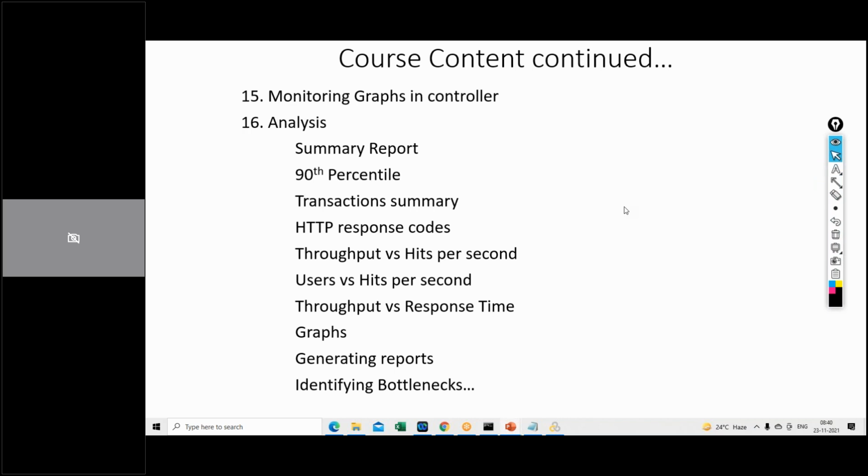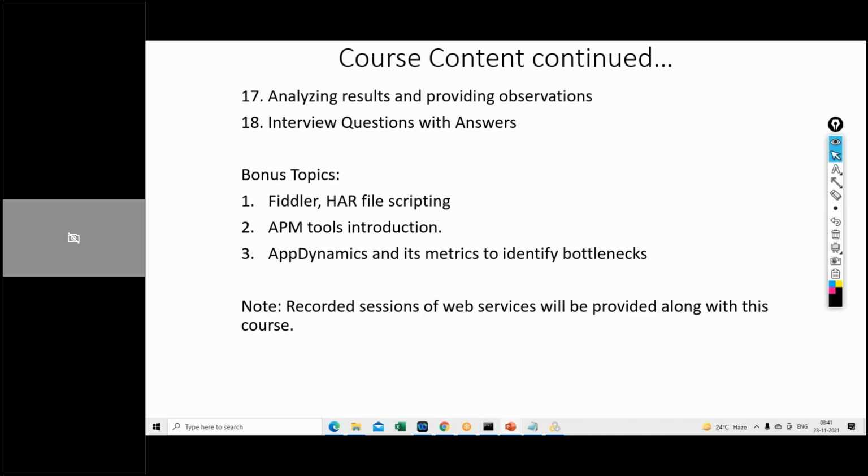There will be different graphs we will understand, different terms and terminologies we will understand as part of analysis. And at the same time, when you analyze the complete results, you have to send out a detailed email, or detailed observations from your end. I will be covering that as well in this course. I will be explaining how to draft an email with all the observations to the client. Because your email or your observations are the final results, right? So that should be accurate and you should not miss anything.